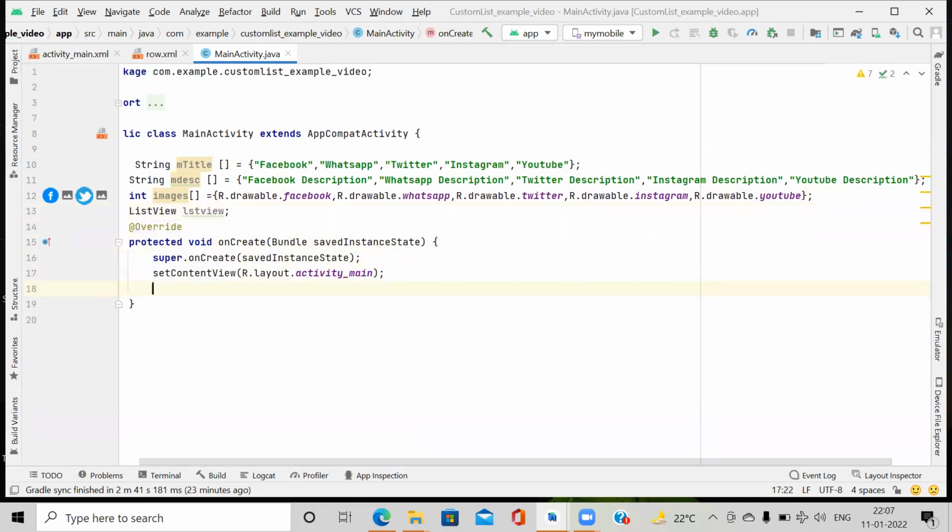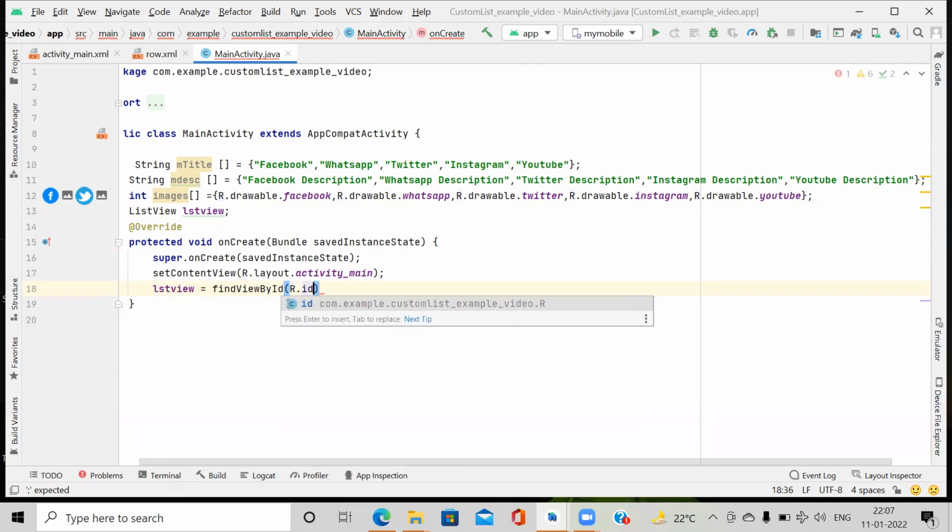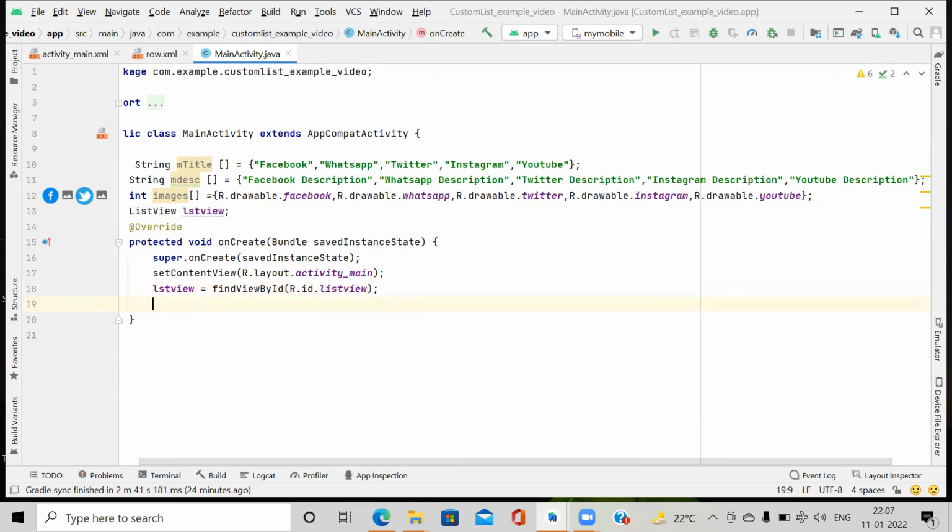Okay, and here we assign it with the findViewById method, R.id.